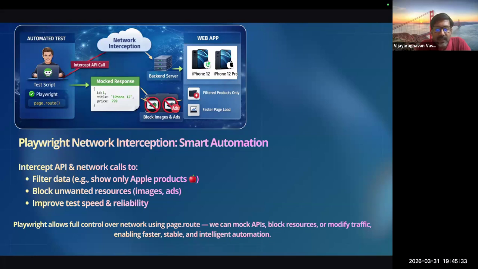But we will see how we can mock that, in only the Apple products, and then how we can block the images and ads in that. Yes, and Playwright allows full control over the network using page.route. You can mock APIs and block resources. When we go into the demo, yeah,